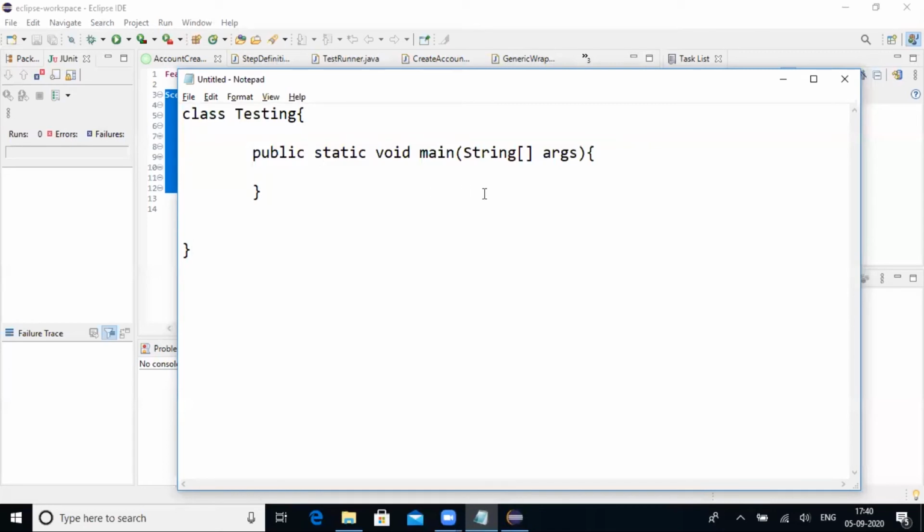And I just want to print something in the console. So I'm using the System class, that is, object out, and println is the method. I'm putting some statement over here to print.